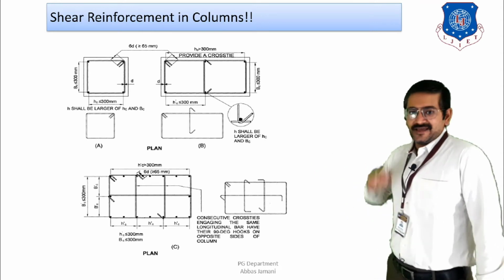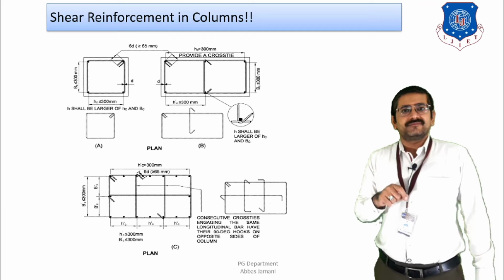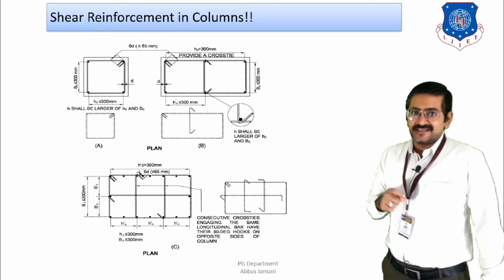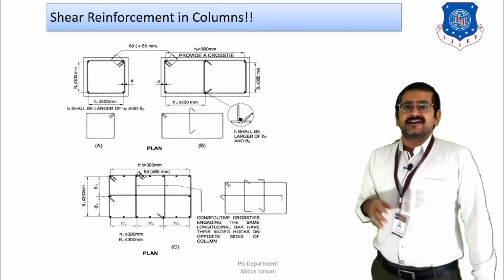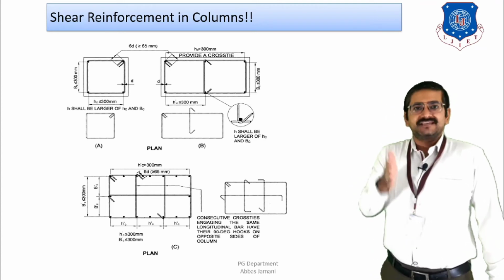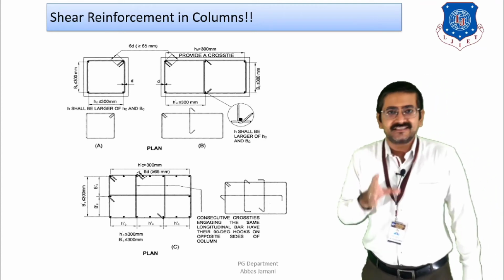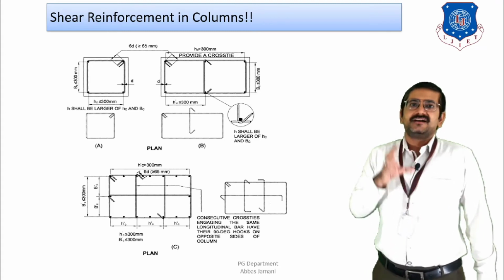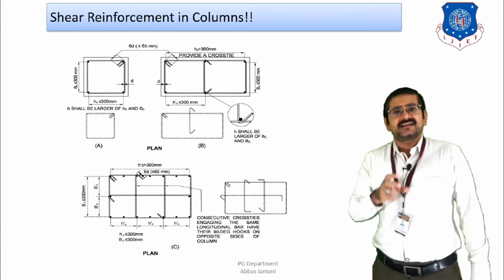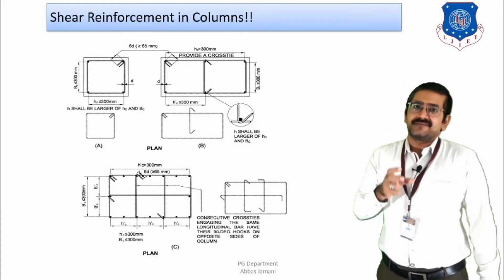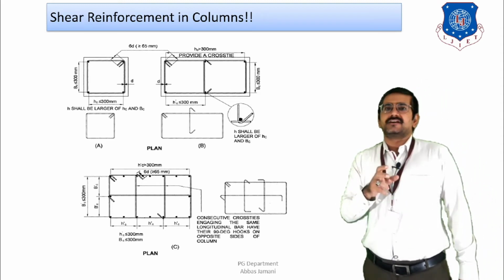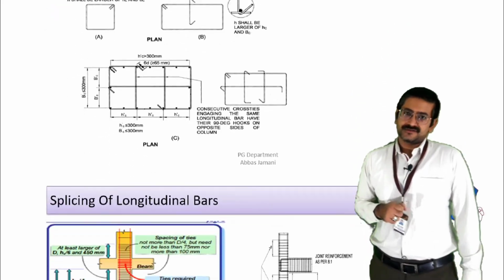And in the last figure, as you can see, the height of the column is greater than 300 and the width of the column is also greater than 300. In that case, cross ties are introduced in both directions, along the width of the column and along the height of the column. The basic purpose is to increase the confinement area in such a manner that the concrete section remains confined at all times. As a result, the shear capacity of the section increases, and it will be better able to resist the lateral forces that are likely to be introduced under the effect of lateral loads.